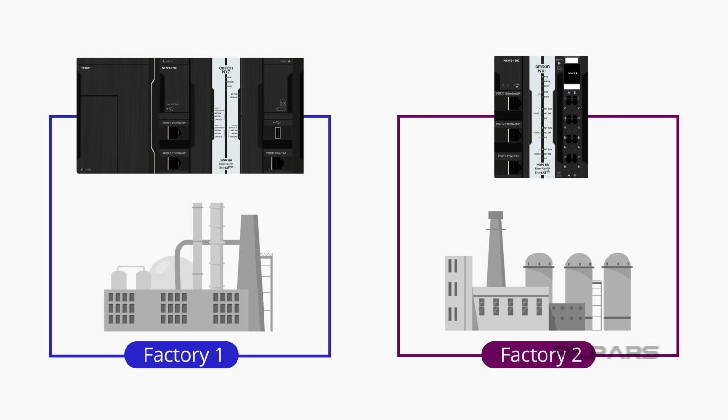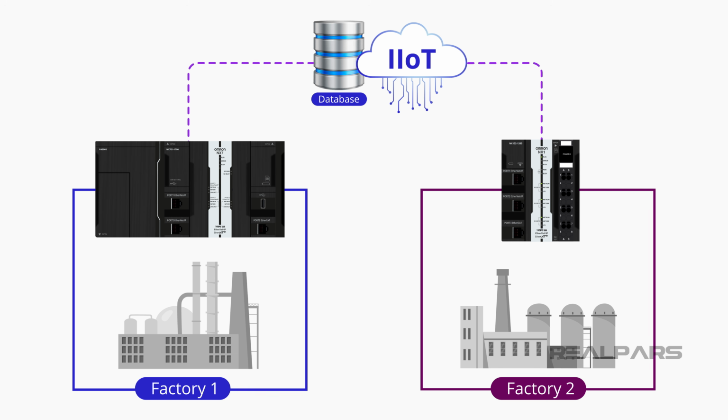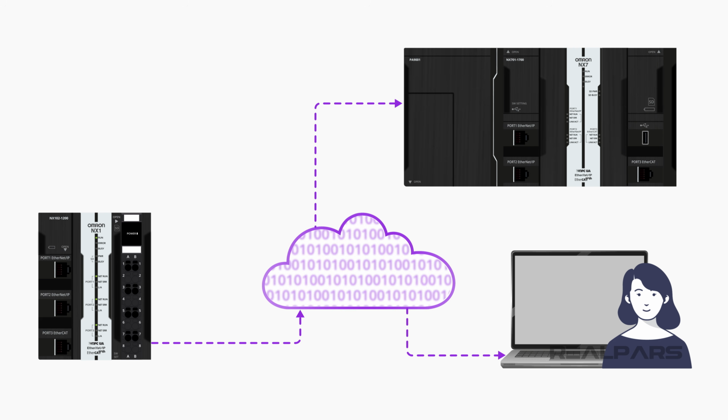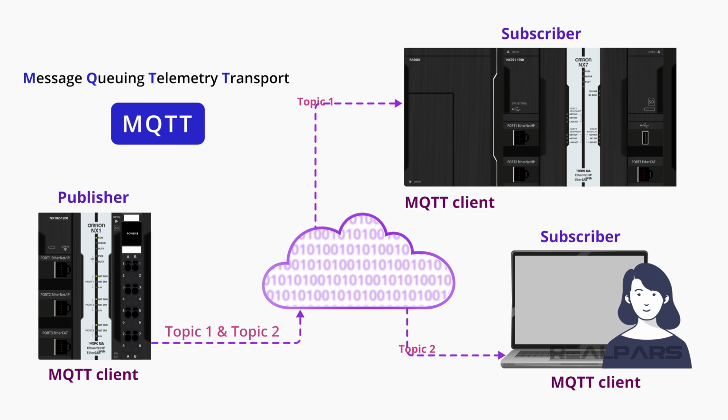In the second video of this series, we presented an overview of how IIoT-ready Omron PLCs can interact with the cloud and store and use data on SQL databases in machine processes. We also talked about how the Omron Sysmac platform shares data from Omron PLCs using MQTT, or Message Queuing Telemetry Transport. MQTT is a very popular publish-subscribe messaging communication protocol for IoT devices, allowing the exchange of data via cloud